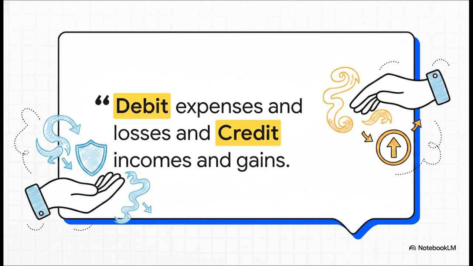I know this one trips a lot of people up, but here's the trick. When you incur an expense, your business is actually receiving the invisible benefit of that service. You're the receiver of the benefit, so it's a debit. When you earn an income, your business has given some invisible effort out to the world, so it's a credit.